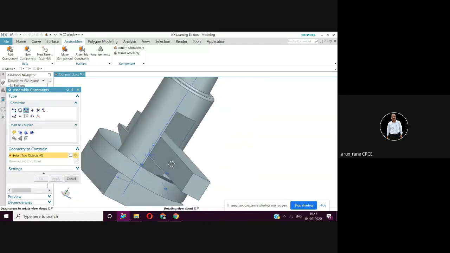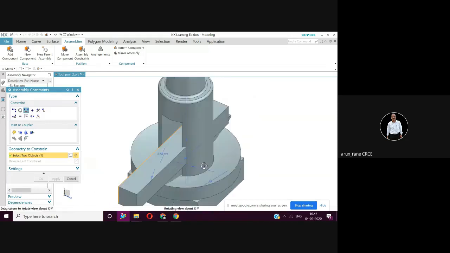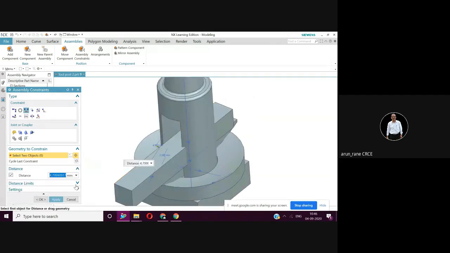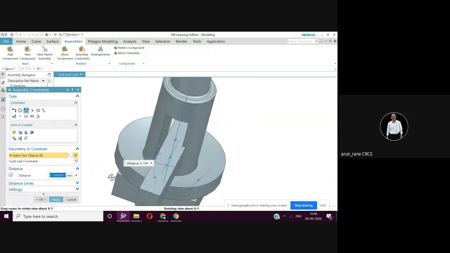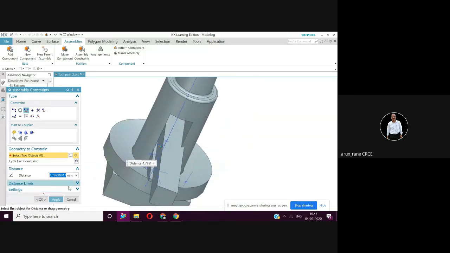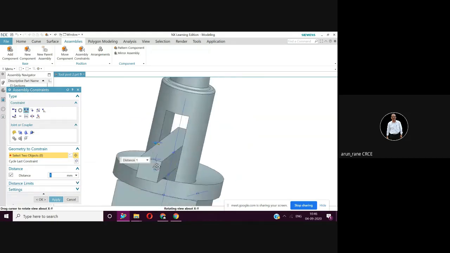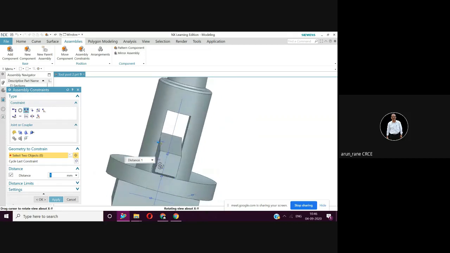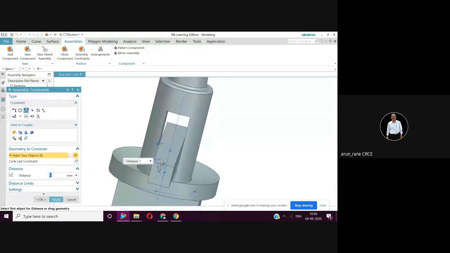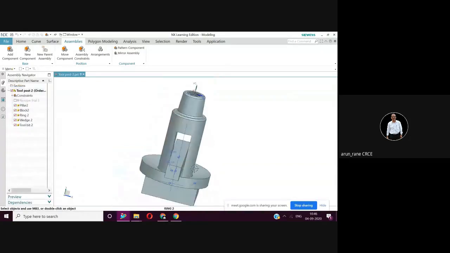Now select this face and select this face. So how much is the distance? 4.8, but we want the distance to be 1 mm. So type here 1 and enter it. Yeah. So see, now 1 mm distance is there from both the sides, and say OK.